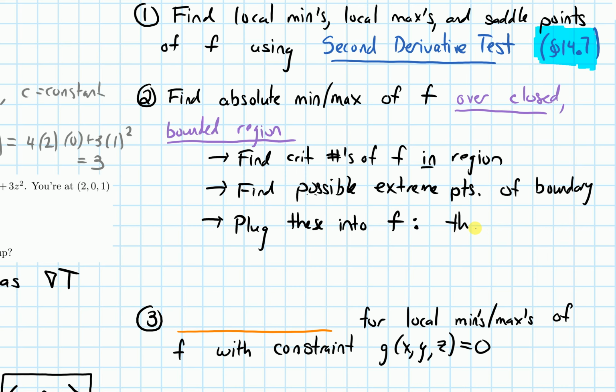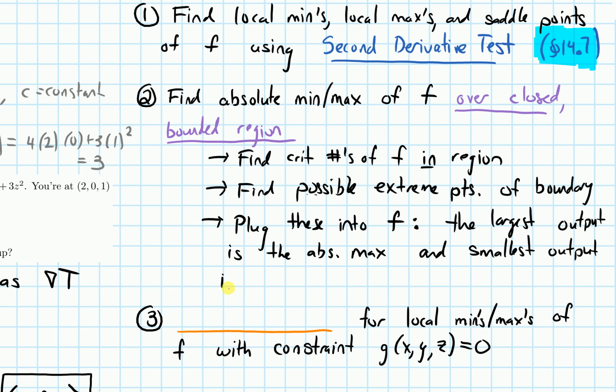that, the largest output that we get is the absolute max, and the smallest output is the absolute min. We talked about this as well in section 14.7. So review section 14.7 and the example that we looked at there to remember,